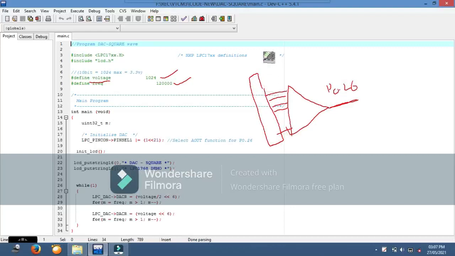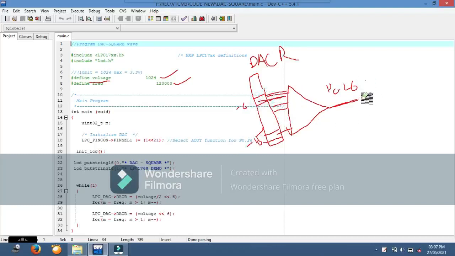There is a DAC R register available inside the microcontroller where we are writing this, and bits 6 to 15 of DAC R go as input, meaning 10 bits from bit 6 to bit 15 are going as an input to the DAC, right?